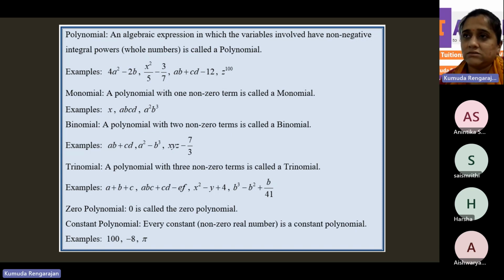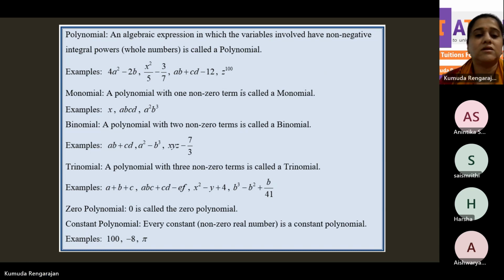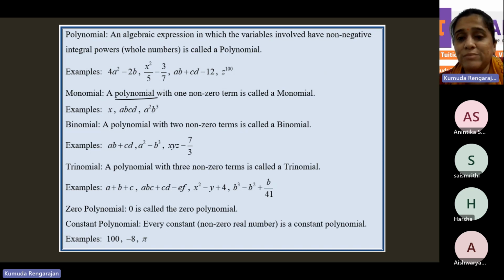Now, what is a monomial? A monomial is a polynomial with 1 non-zero term. A binomial is a polynomial with 2 non-zero terms, because you cannot write 0 plus 0 and say this is a binomial. Or you cannot write x plus 0 and say it's a binomial. x plus 0 is not a binomial because 0 is not considered there. Okay, so a monomial is a polynomial. See, if I give this example for a monomial,